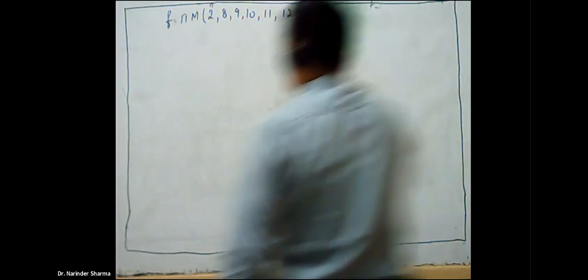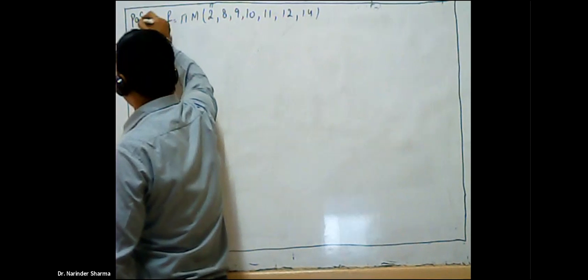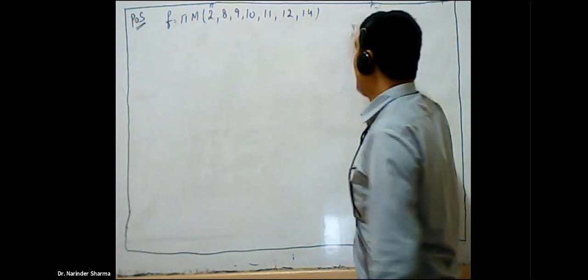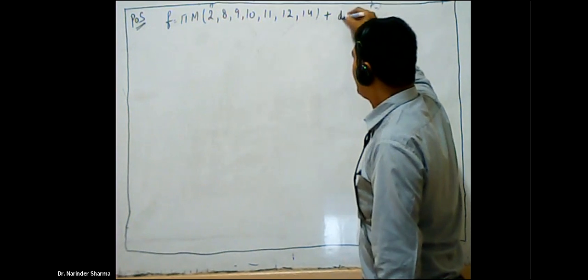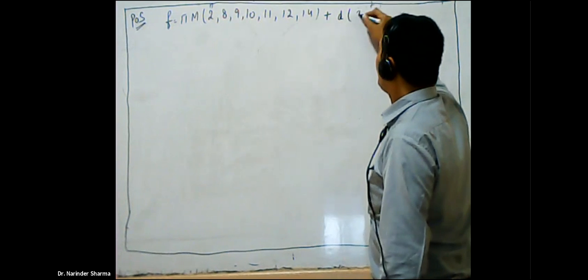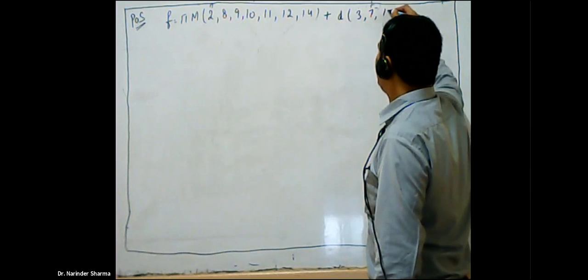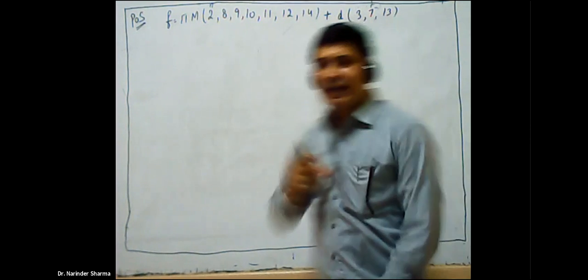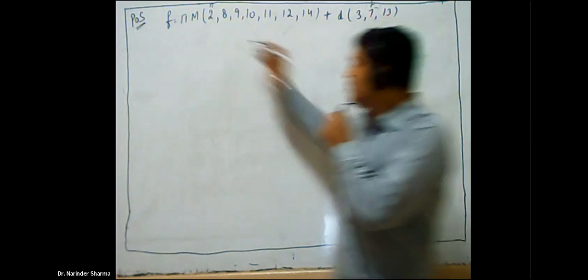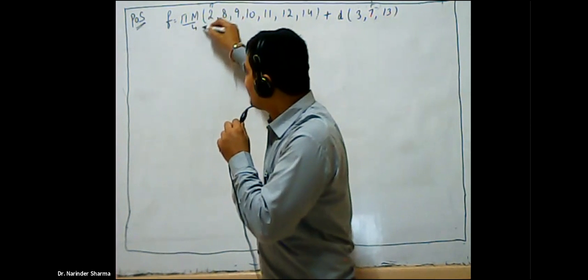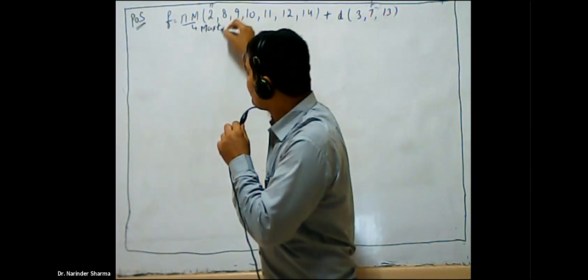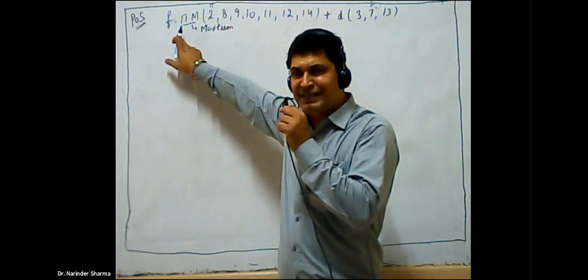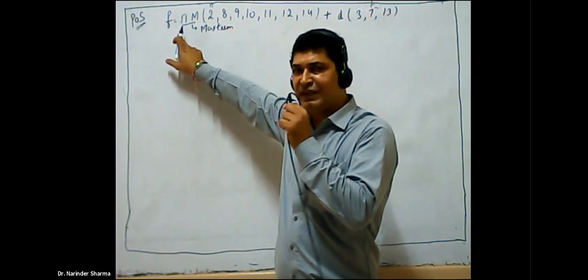So this is the POS form example. We will see how we can reduce it by using the K-map. Let us say don't care d is there, 3, 7, 13. We will reduce this expression. How can we understand that this is a POS form? This pi M, it means this capital M stands for max term. Small m is for the min term. If there is a pi, it means there is a max term. You have to solve it in the POS form.